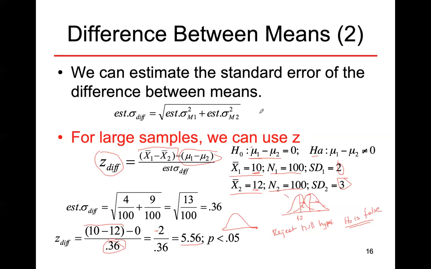If you remember this concept, pooled variance. It's just like I have this variance from the first group, this variance from the second group, and I